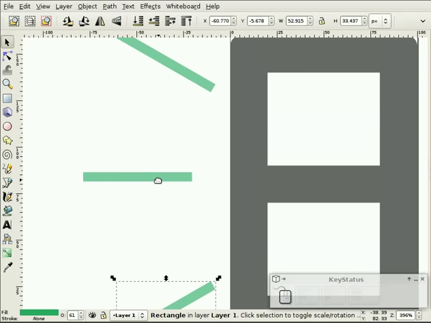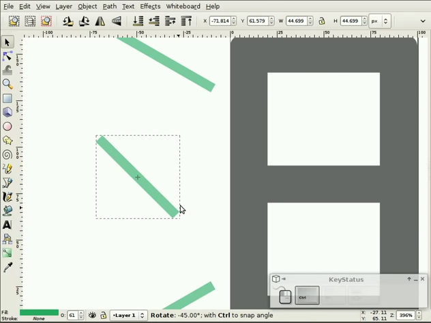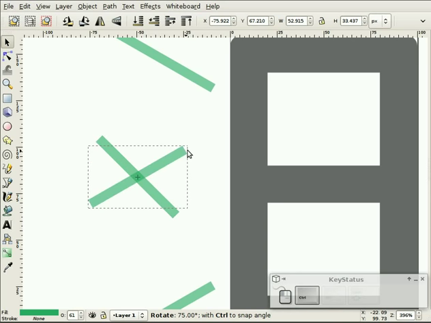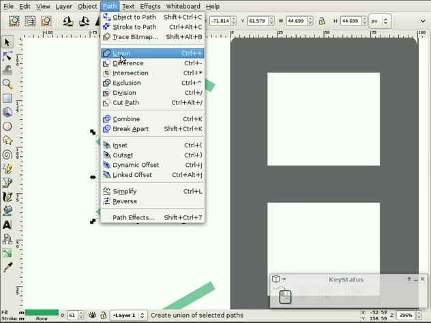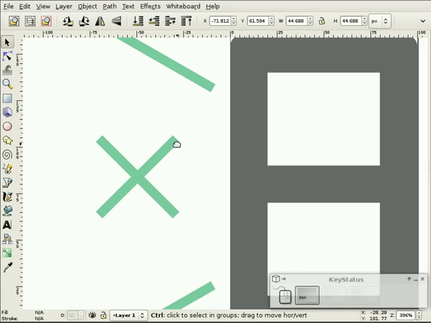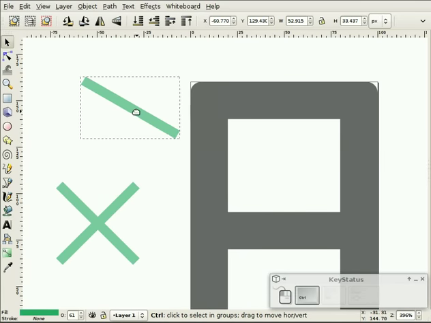This one I do want at 45, so I'll do that. I'll hold Control D to duplicate it. Rotate that one back. I want an X here. And now what I want to do is join these two. So I'm going to window both of them, Path, Union. Okay. Now, what I'll do is take this one, I'll drag it over